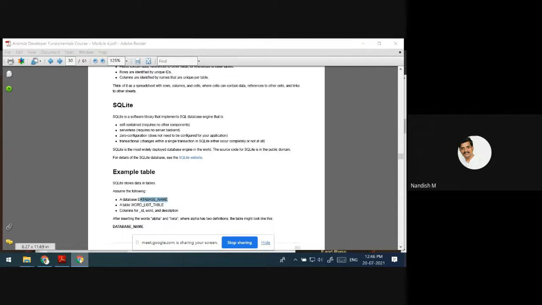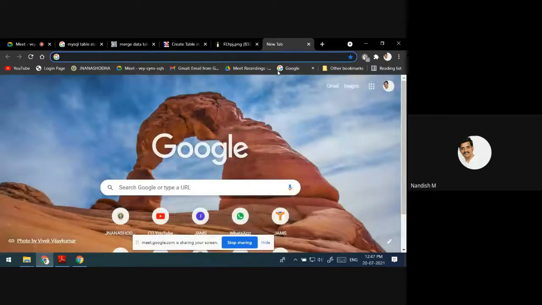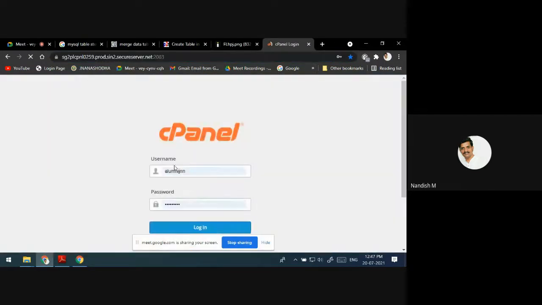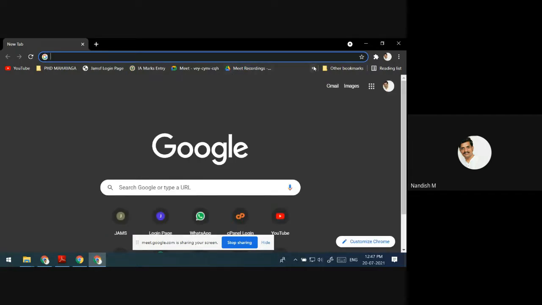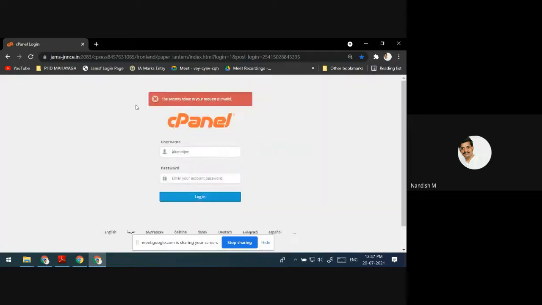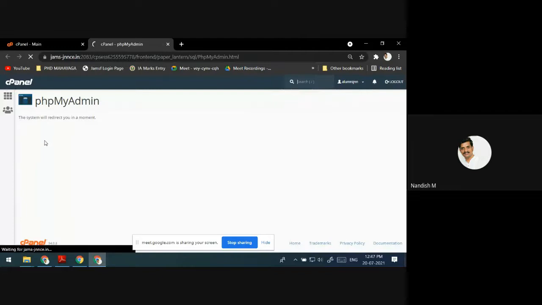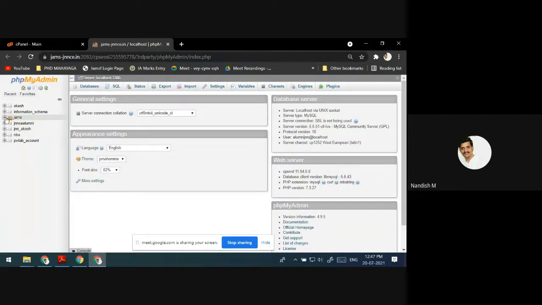Let me show you what we are using in our college. In our college, you know JAMS, right? Where exactly is that JAMS data stored? Here it is phpMyAdmin, and inside that the database name is jams.